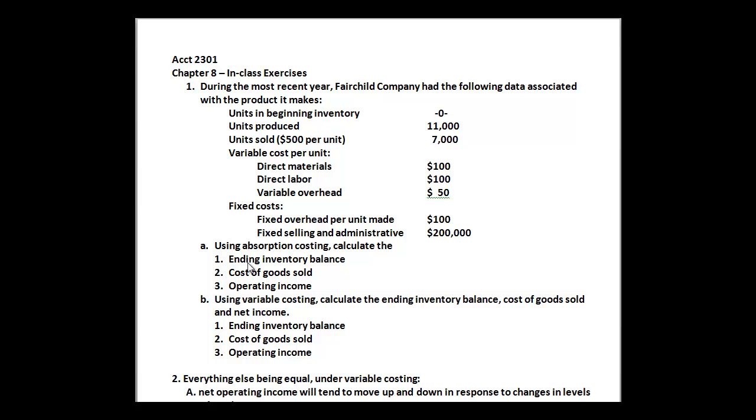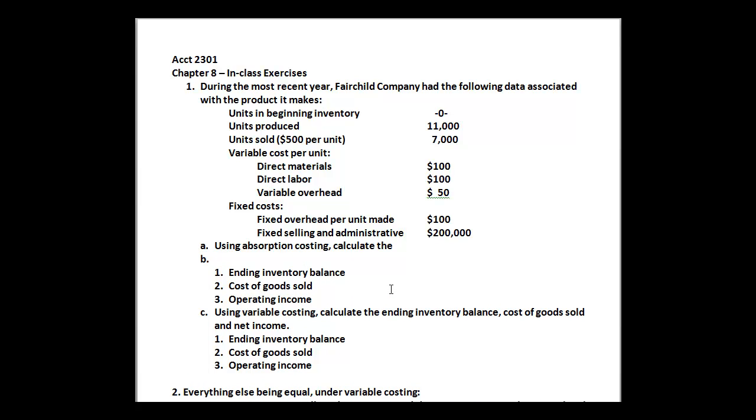We are looking to calculate ending inventory, cost of goods sold, and the operating income using absorption costing, and then in part B we will use variable costing. To start off with absorption costing, the first thing that you want to do is calculate your cost per unit. Remember to calculate your cost per unit under absorption costing,